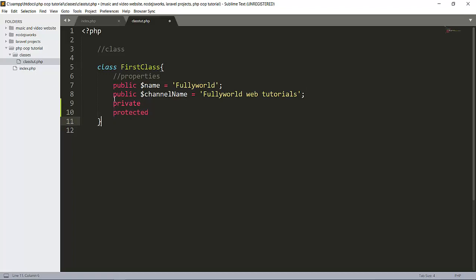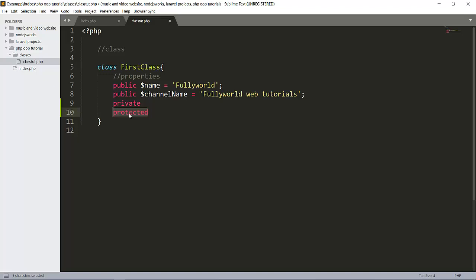What do these mean? The public access modifier means we can access it anywhere. But private can be accessed only within one class. And protected we can use this class variable in classes only, and we cannot use it in any index page, etc.